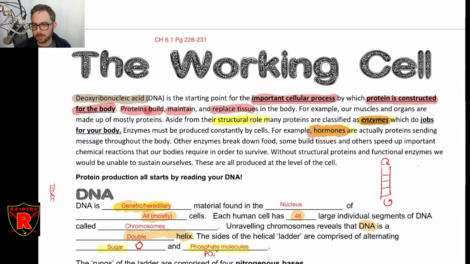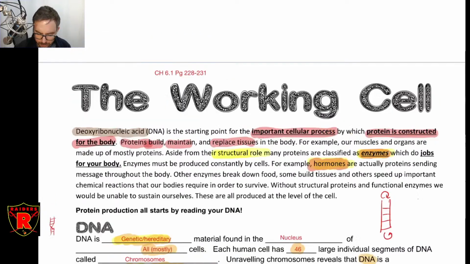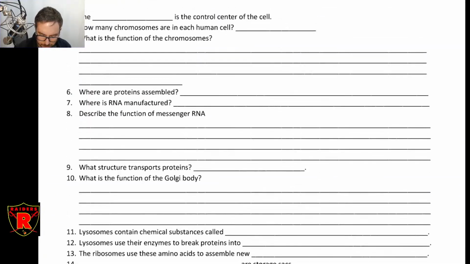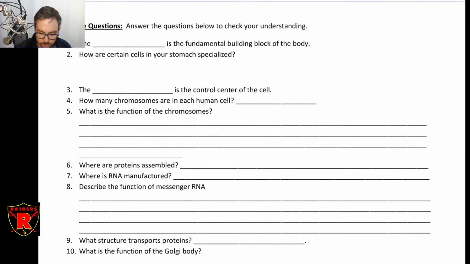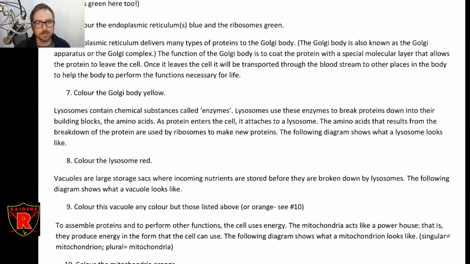I realize in Learning Block 3, people want some time to start their quiz as well. So I'll let you work on this. It's just up to the end of the questions here, checking your understanding of the organelles. Okay, let's just leave it right there. And then the DNA stuff we'll get into tomorrow morning.